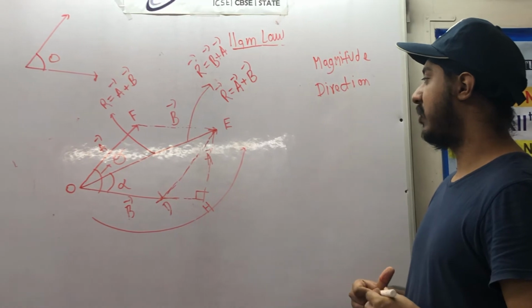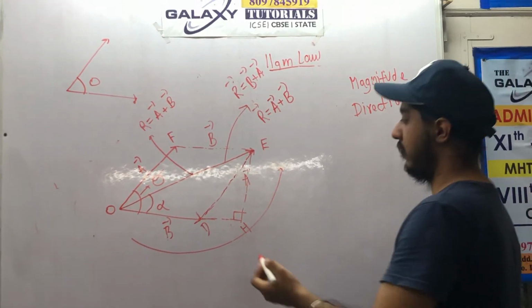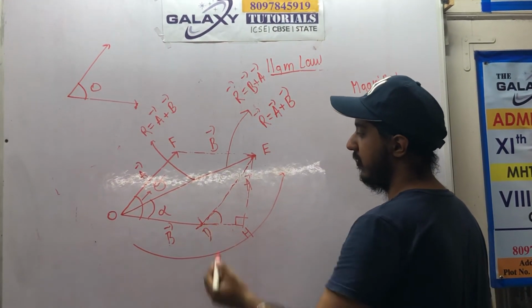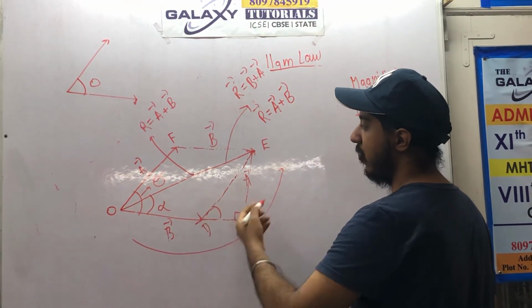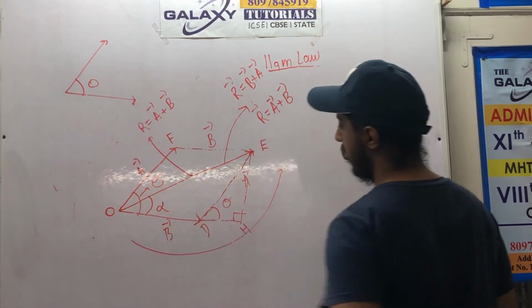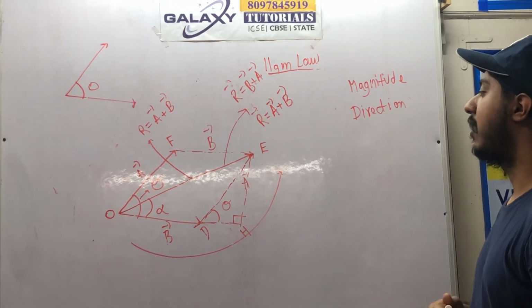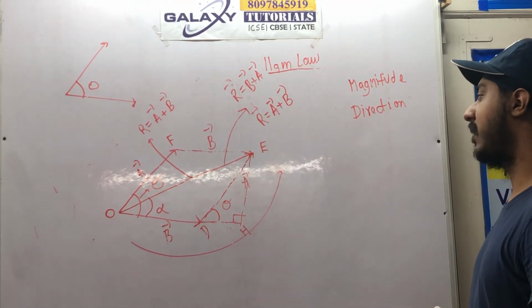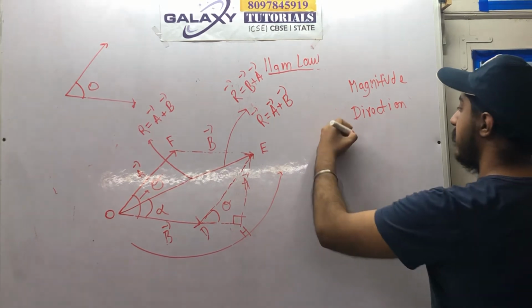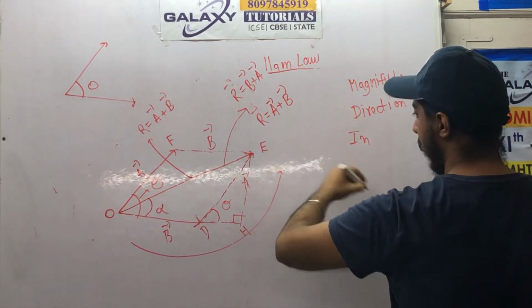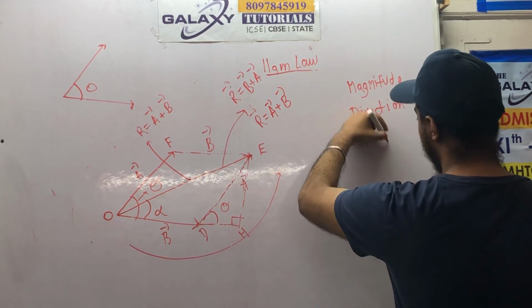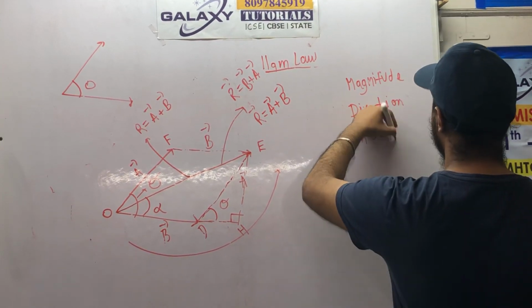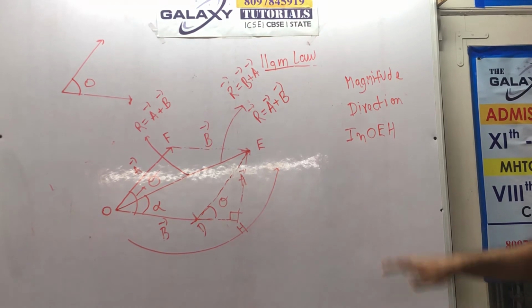Now in this triangle, what are the known things? One thing is this angle, what will be this angle? This angle is theta, so this angle will also be theta. Obvious, nothing complicated in it. So we have to find out the value of the resultant. I will not do everything in detail now because it's exactly the same as what we did in the triangle law, so we will go a little bit faster.